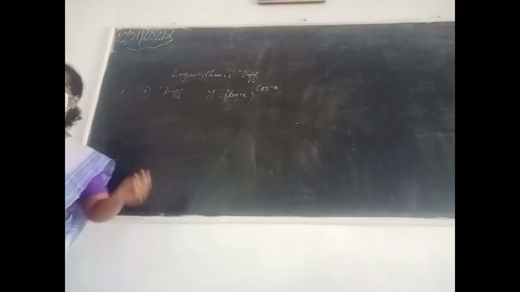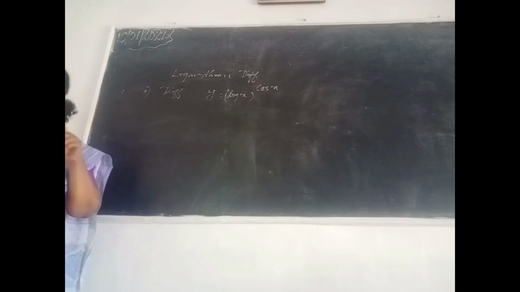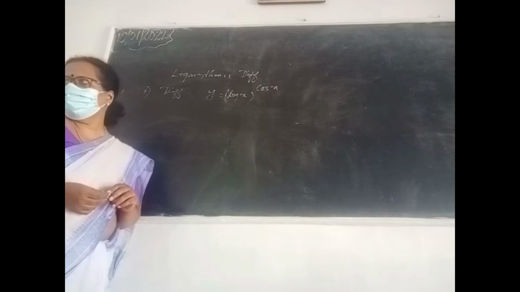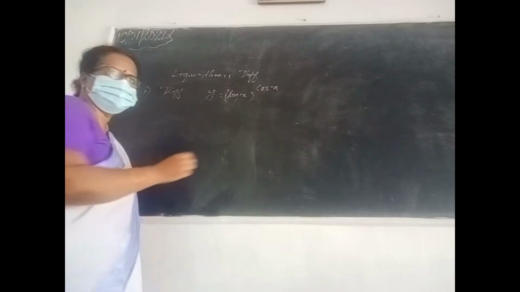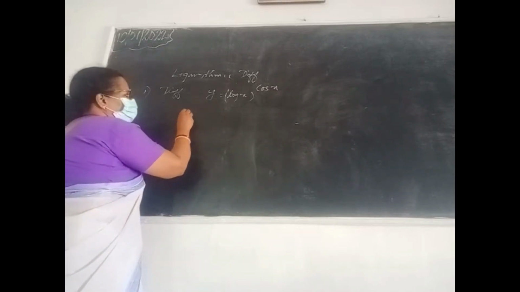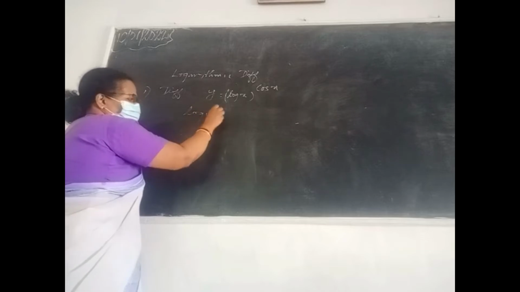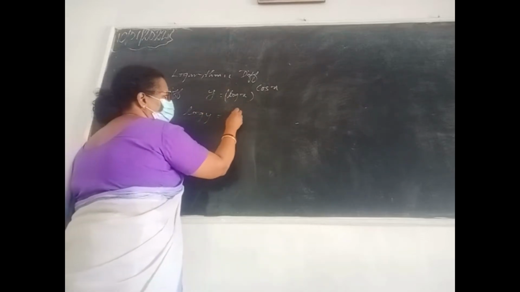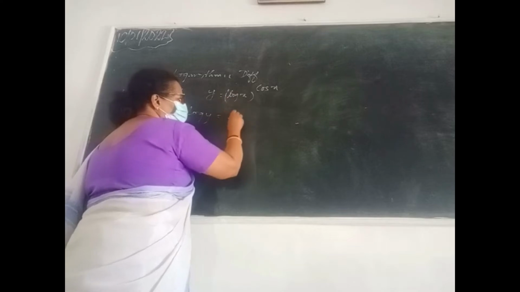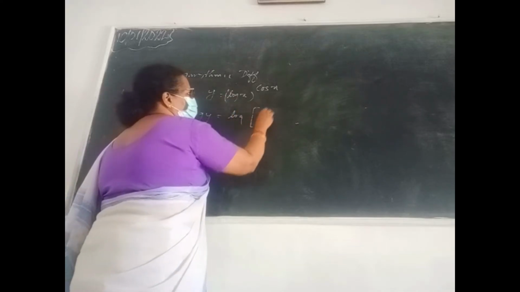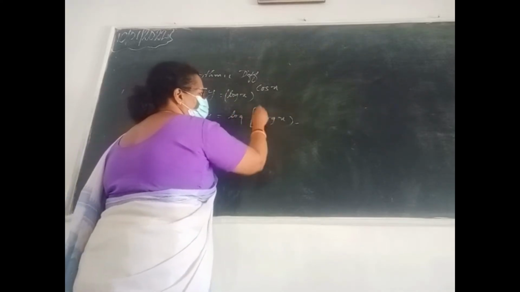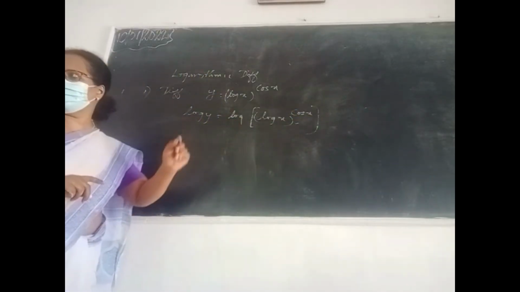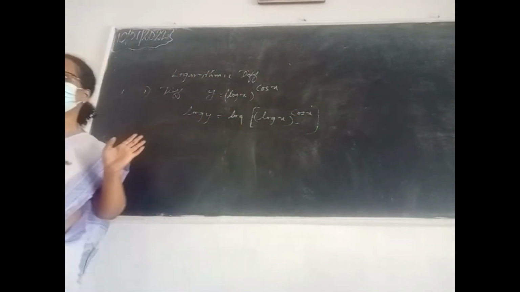So I already taught how to do logarithm. What we'll do, we will apply logarithm on both sides. So take logarithm on both sides. So you do log y, write with me, do it with me. Log y equal to log of log x raised to cos x. So we put logarithm on both sides. Left hand side is log y itself.